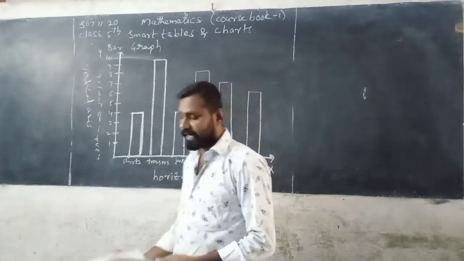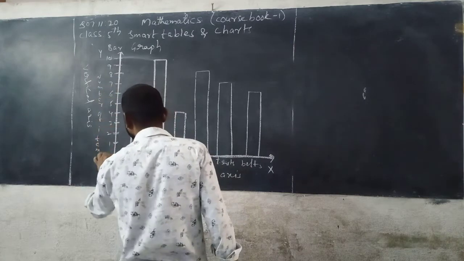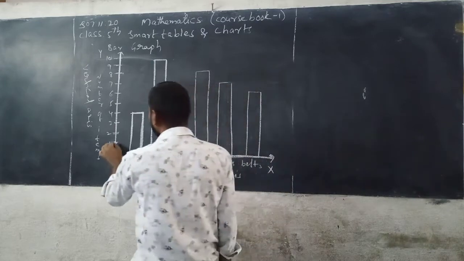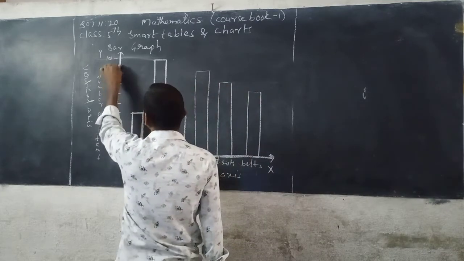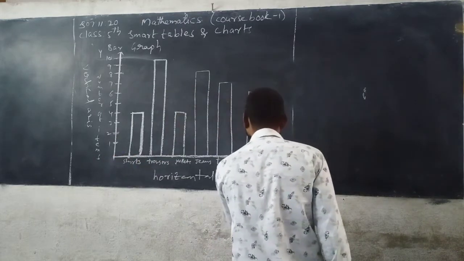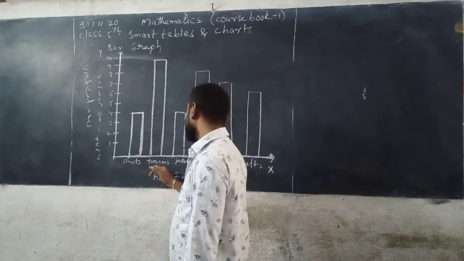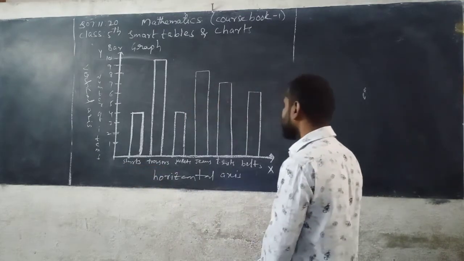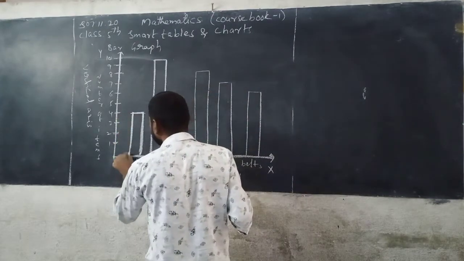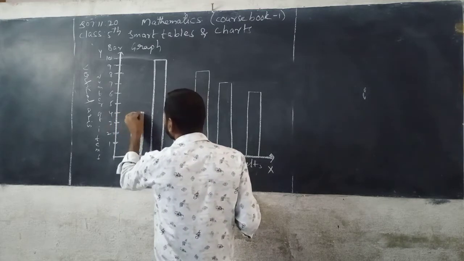Now see once again. This is called the vertical axis. It represents the number of items, so here you can write 1, 2, 3, 4, 5, 6, 7, 8, 9, 10. Next, this is called the horizontal axis. The horizontal axis denotes shirts, trousers, jackets, jeans, t-shirts and belts. So this is the bar. Here, how many shirts are sold? 4 shirts, so you can draw exactly at 4.